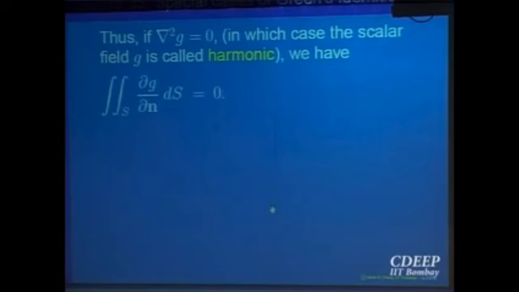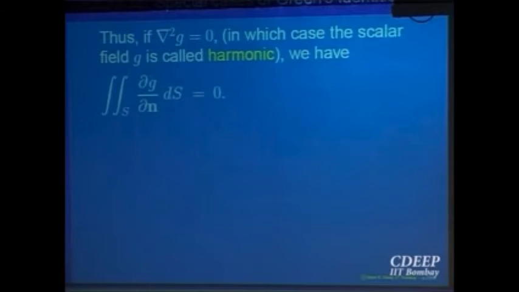So what does this give you? If the function is harmonic, that gives you this is equal to 0. Either way you can put it. Either the right hand side, the directional derivative, is equal to 0, that gives you the triple integral of the Laplacian over the whole region g is equal to 0.